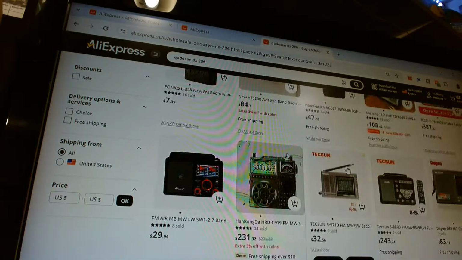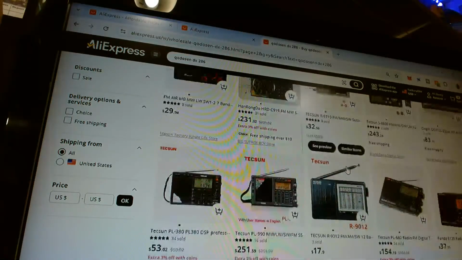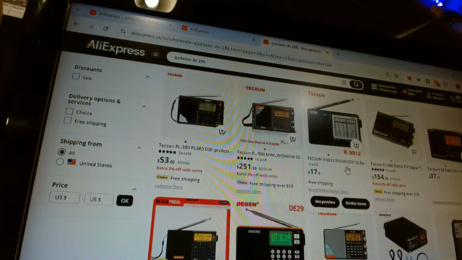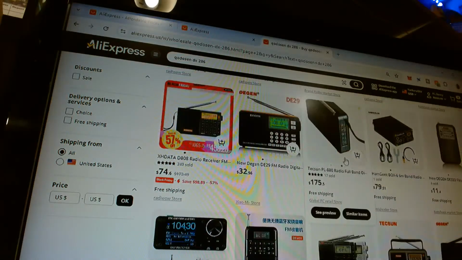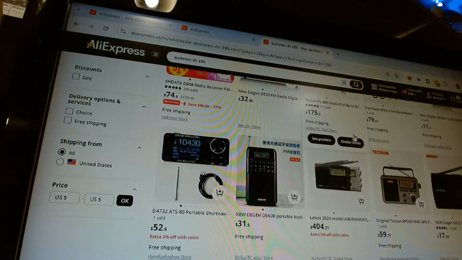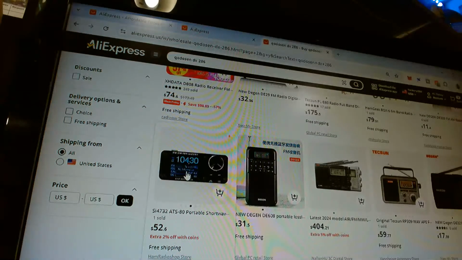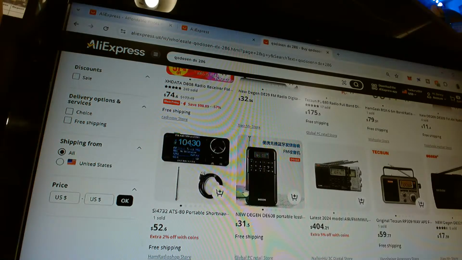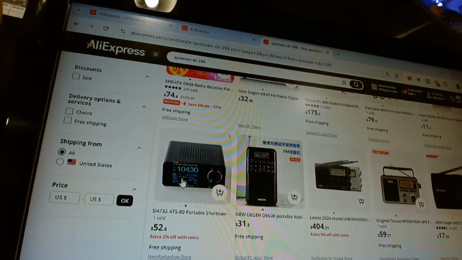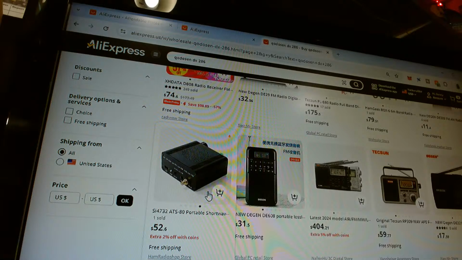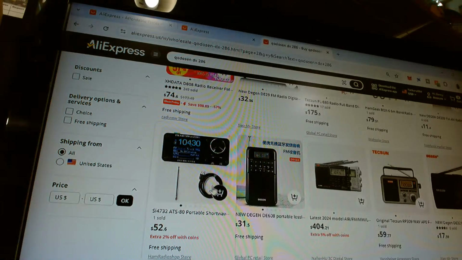Black Friday. Pretty much that's it for those radios. I never had an ATS radio. Some people really like the radio. I'm not a fan of these type of radios. Some people swear that these things are very sensitive. I'm just not a fan of these radios.